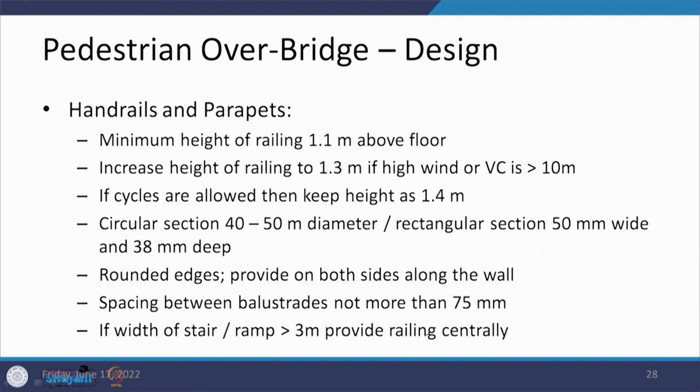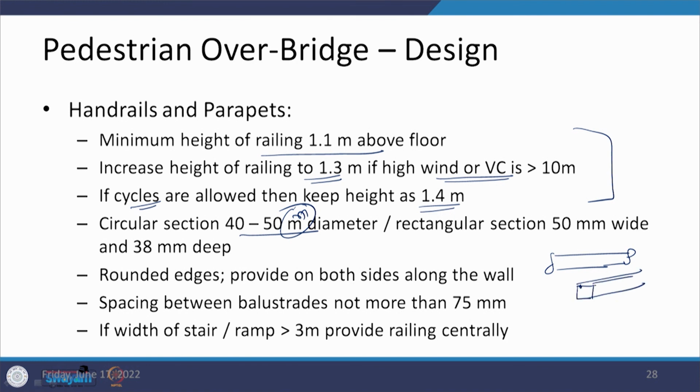When we look at the handrails and the parapets, the minimum height of the railing is 1.1 meters above the floor. It has to be increased if there is wind or the vertical clearance is more than 10 meters, then this is 1.3, but if there are cyclists, then it is increased to 1.4. So, there are 3 values which need to be taken care of. Now, this is a handrail which is being provided in this form. If it is circular, the diameter can be 40 to 50 mm. So, kindly make a change here. Or it is a rectangular section, then in the case of a rectangular section,